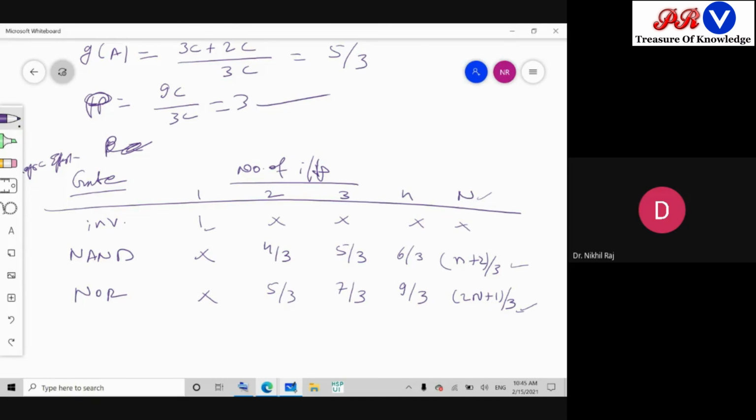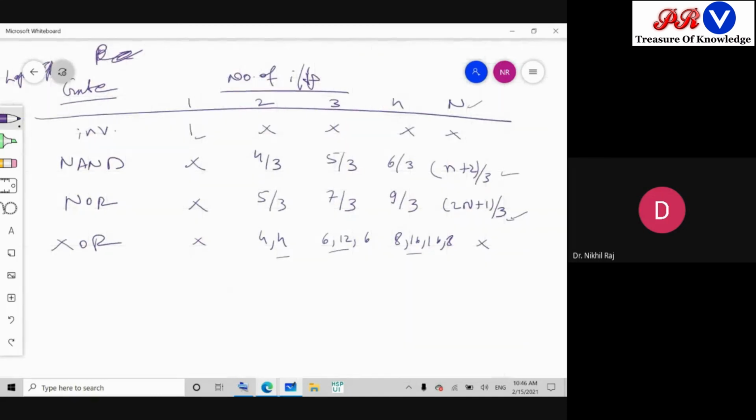Similarly, for the XOR gate, a minimum of 2 inputs is also required. So you will get 4 here. If we go for 3 inputs, 3 possible cases you will get. If we go for 4 inputs, then 4 possible cases. So let's see if it is not changing in a consistent manner, so we cannot give a formula for n inputs. When we design any XOR gate with more than 4 inputs, like 5 or 6, we have to compute separately. There is no standard formula for direct calculation.